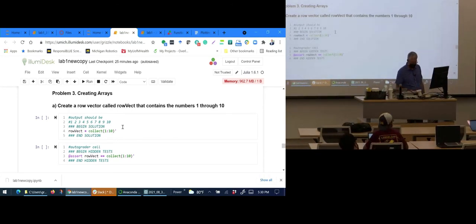But you won't be able to see the tests. What you'll see is that there is an autograder cell. It'll literally just say autograder cell, and then it won't show anything else. Sometimes we'll make a couple of the tests visible so that you have an idea of what the solution should